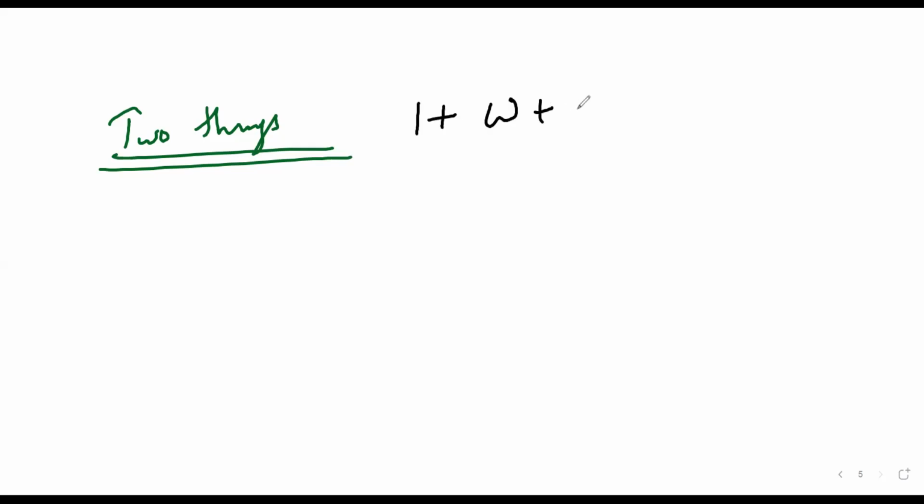So the kind of question which is coming in the last few years is based on, we have to know two things before doing this problem. Previously they used to ask about omega value, but in the past 5 to 6 years, the trend is not like that. The papers are kind of easy only. So two things we have to know: 1 plus omega plus omega square value is 0, and omega cube is equal to 1. Only if we know these two formulas can we approach this question.